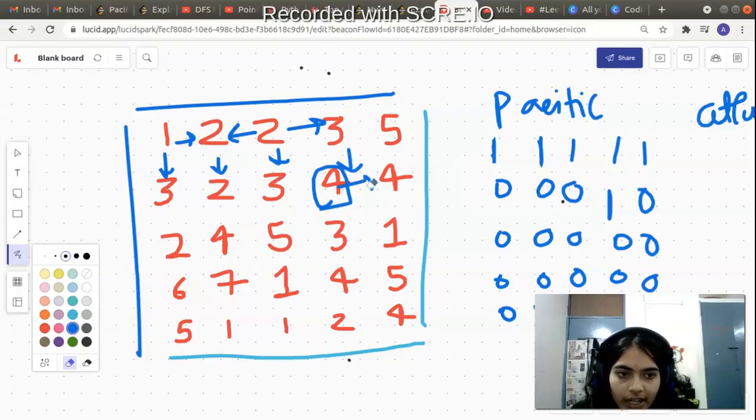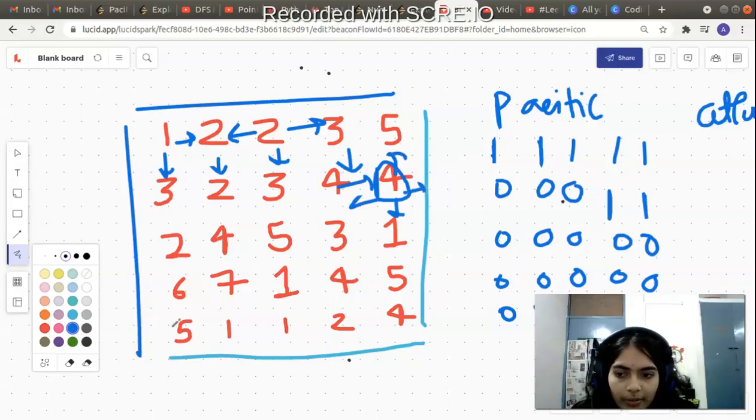It will make a function call to its right neighbor. Now when this function call is going on, water can reach here via this 4. Initially we saw water couldn't reach via 5, but it can reach via 4 because 4 is equal to 4. They're at the same heights, so water can easily reach. Now we will make this 1, so water can reach that cell via 4. Now this 4 will make function calls to all of its 4 neighbors.